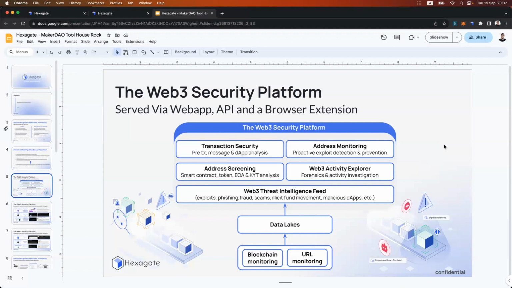And lastly, we have the Web3 Activity Explorer. And that is basically anything around our on-chain data that we collect.